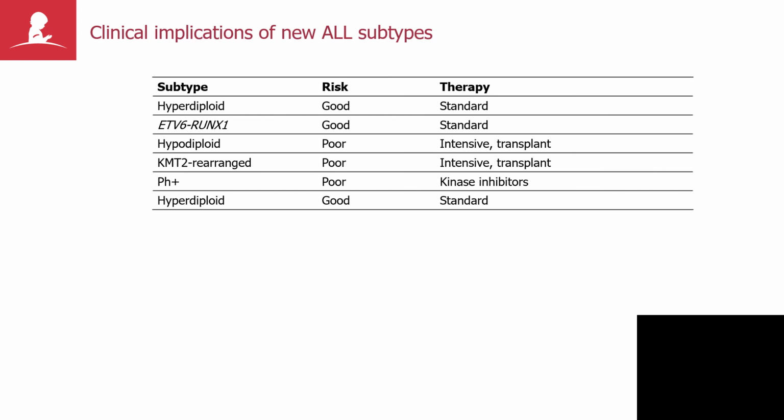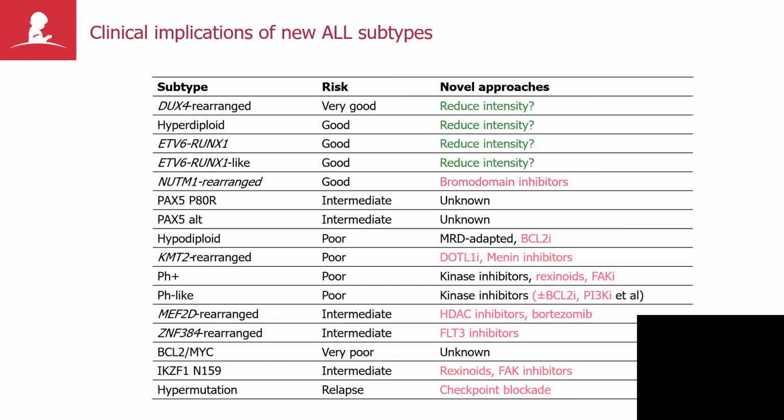This information is very important, not just for using targeted approaches such as kinase inhibitors, but thinking about stratification and other therapeutic approaches. And so here there are a number of implications of these new subtypes of leukemia, including modulation of treatment intensity, potentially reducing intensity for good risk subtypes, and then we can see a number of potential new therapeutic approaches that are being tested or have been shown to be efficacious already in preclinical models, several of which I've mentioned throughout my talk today.